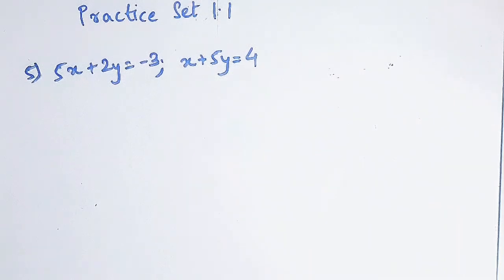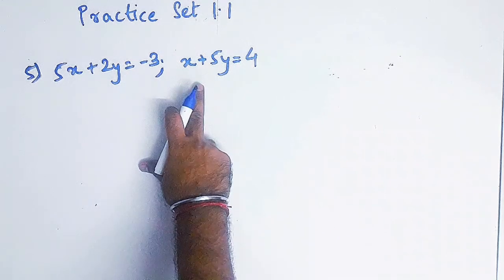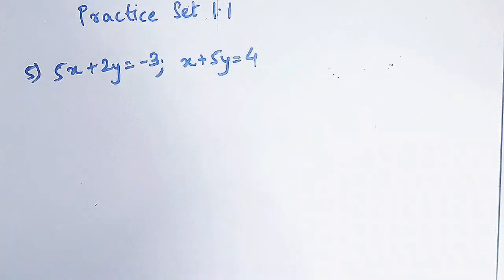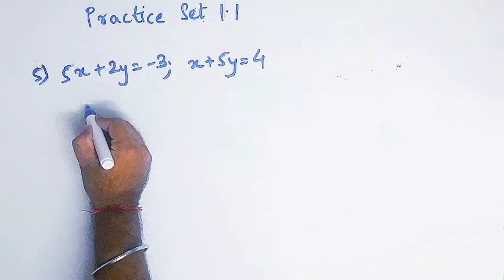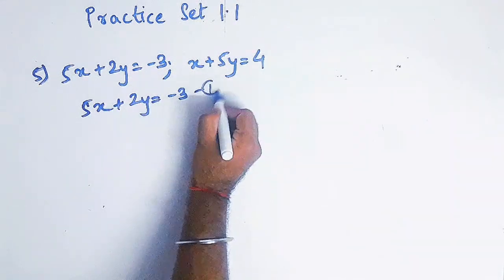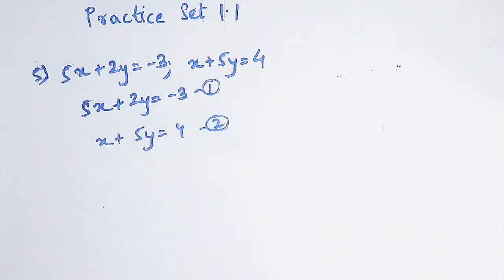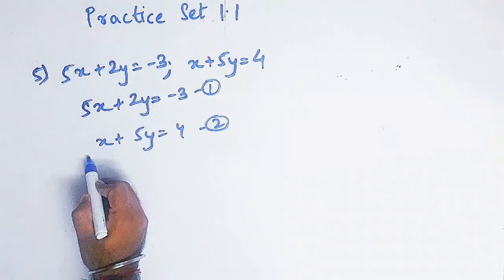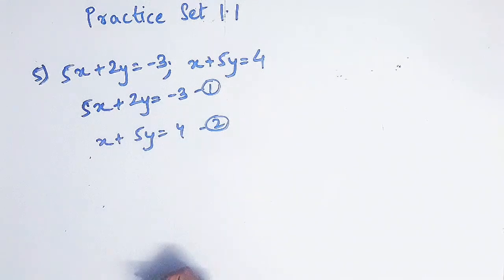So the fifth one says 5x plus 2y equals minus 3 and x plus 5y equals 4. So here if you see, this is your first equation, and this is your second equation. Now there are two ways here. Either I can equalize the coefficients, this I can make 5 and then solve, or there is another way that we did in previous standards, that is